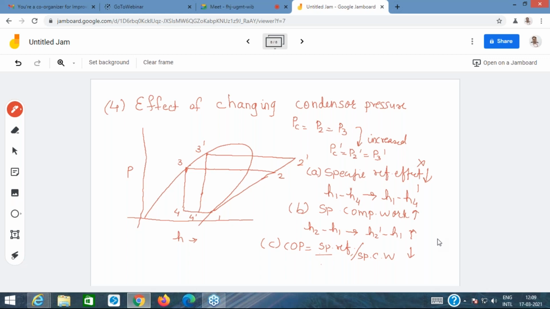The second thing which we discussed was liquid subcooling. We talked about liquid subcooling enhancing the refrigerating effect and increasing the performance. But we also talked about a liquid-vapor heat exchanger, and the context of that has to be clearly kept in mind. The third was the evaporator pressure. The evaporator pressure has to be as high as possible, but then we talked about the evaporator pressure being a function of the application, right? And finally, we discussed the very important parameter, namely the condenser pressure, and we said that we need to keep the condenser pressure as low as possible to enhance the performance of the system.